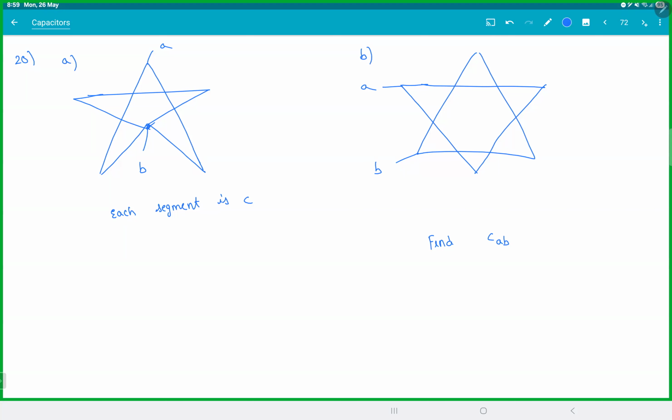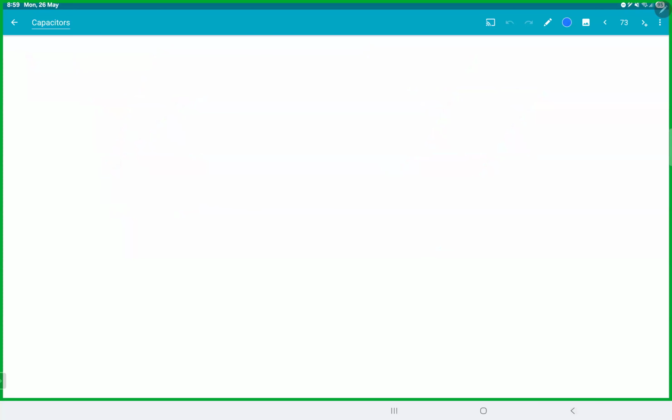12C by 11. No, that's not the answer. That star is a decent star, right? I didn't draw it well, but